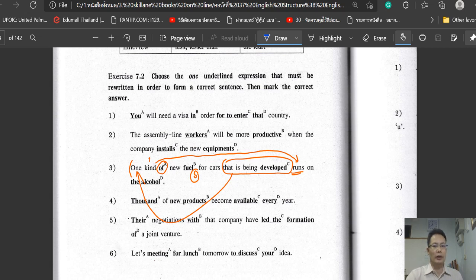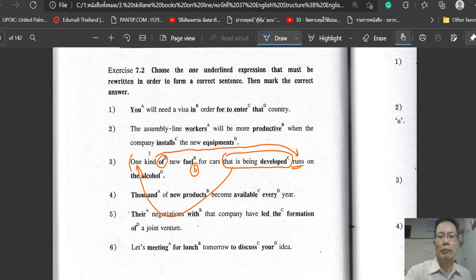Exercise 7.2 concerns error identification: the techniques and the way to find the fault, the mistaken area, mistaken word or expression in the error identification sentences. We must understand the technique of solving these problems. How can we solve the problems? My technique is number one, you have to find out